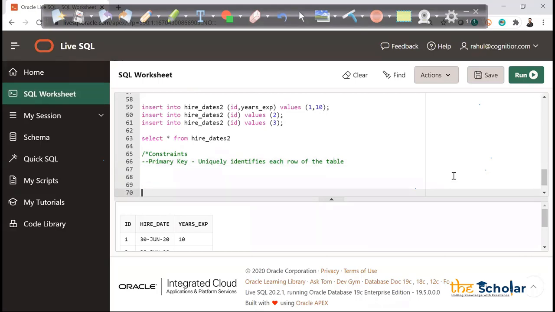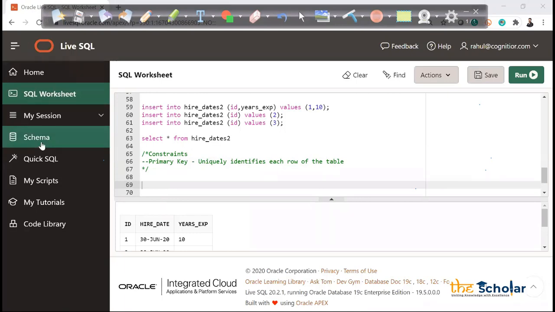So let's create one table where I will actually implement the primary key concept. I will create the entire employee database which we saw in the schema HR. The same database we will create by ourselves here one by one, and we'll see how the tables can be created.